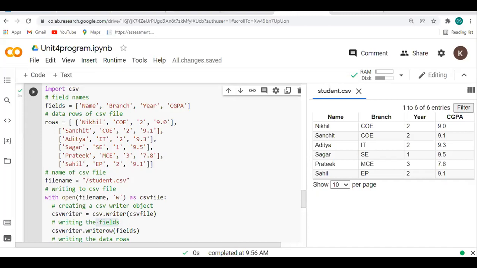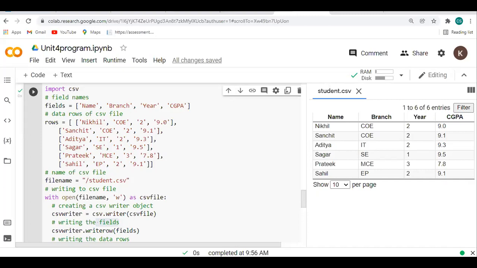Okay, how many of you are done? Done, ma'am. Okay, any doubt? I ask everyone, any doubt regarding reading and writing operation related to CSV file?